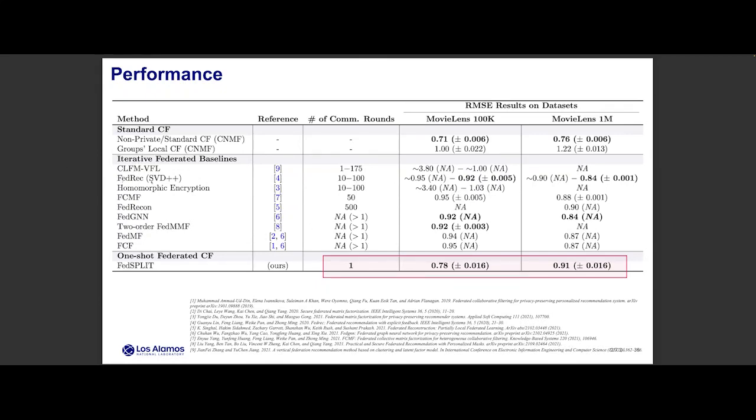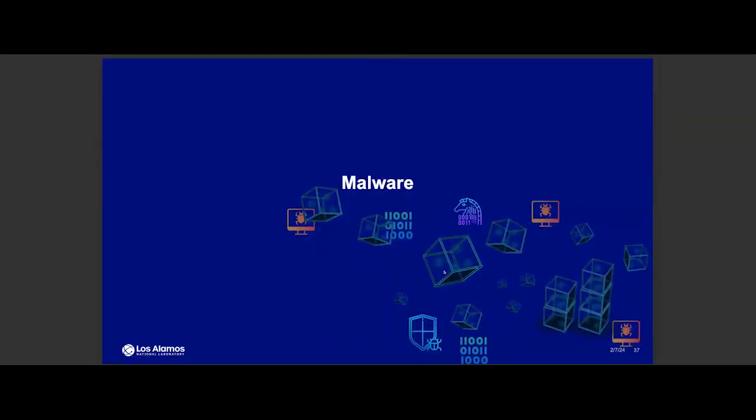This FedRec with singular value decomposition plus. They reported their scores at communication round 10 and 100. And it looks like their RMSE score was 0.95 at communication round 10 and 0.92 at communication round 100. Our method only does a single round of communication and achieves a lower RMSE score. So it is a useful model where you don't do a lot of rounds of communication and get a recommender